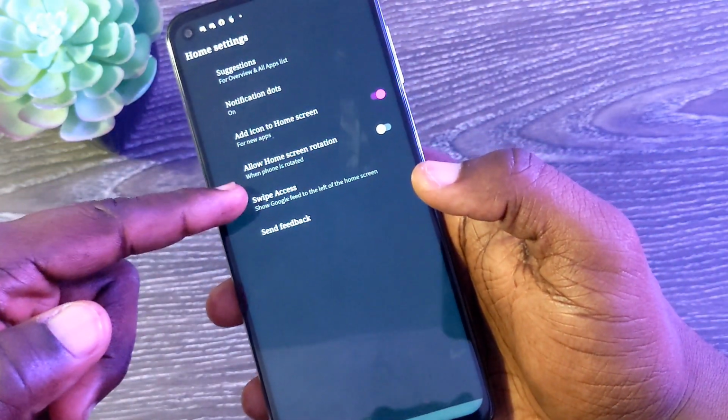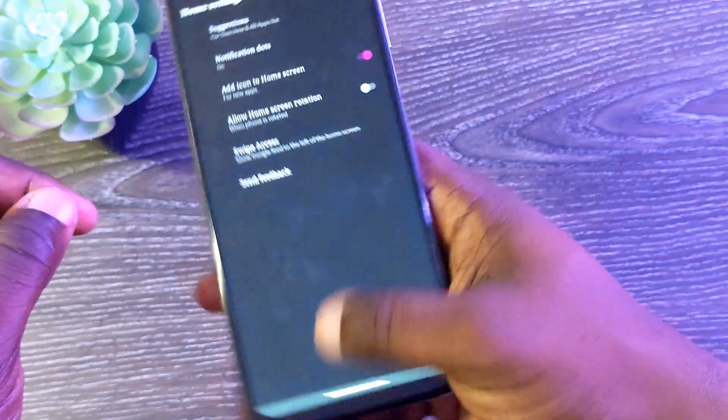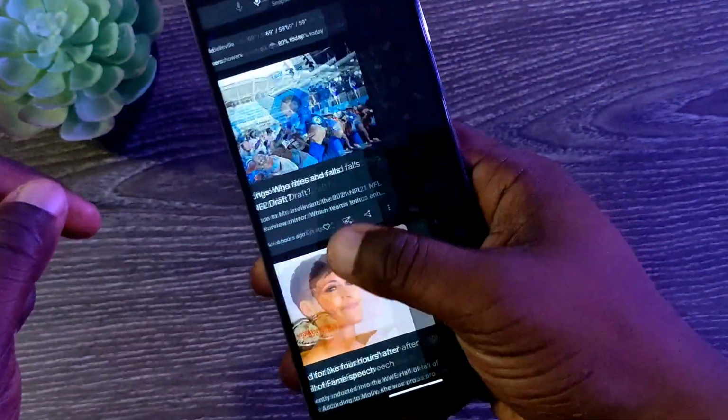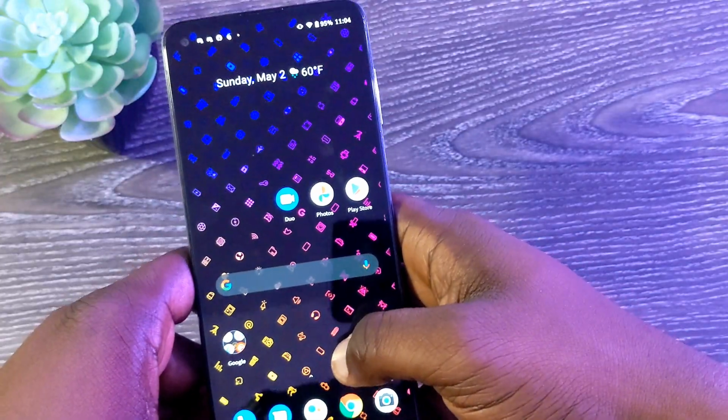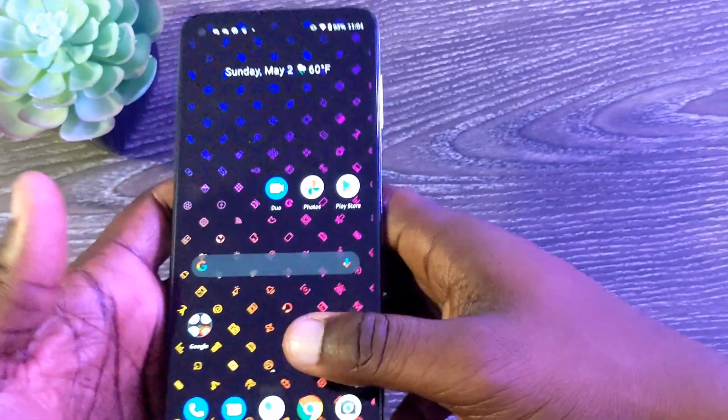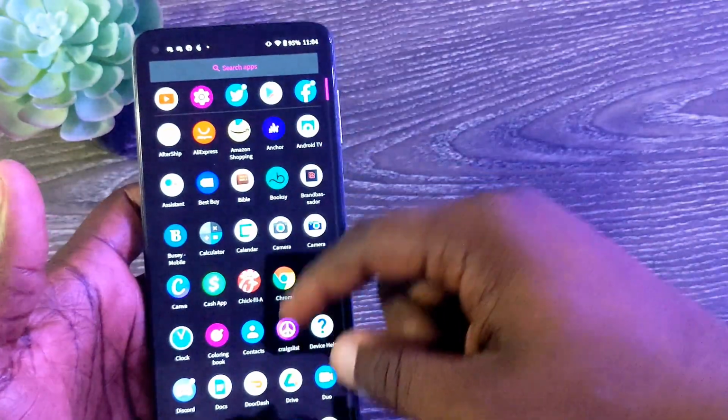And then the swipe access is just your Google Feed that I showed you guys earlier. That is this. So yeah, that's pretty much all of the major settings that you can access from that home page. So now I'm just gonna go over